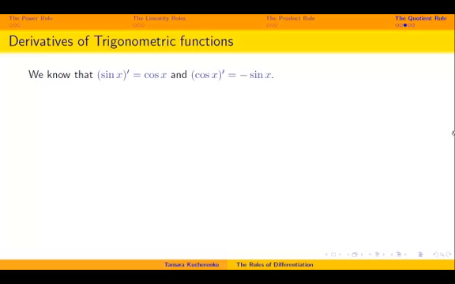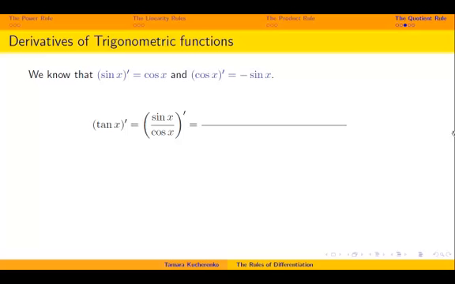Knowing the derivatives of the sine and cosine functions, we can use the quotient rule to find the derivatives of the 4 other standard trigonometric functions. We computed the derivative of sine x to be cosine x and the derivative of cosine x to be negative sine x. Since tangent x equals sine x divided by cosine x, the derivative of tangent x is the derivative of the quotient of sine x and cosine x,